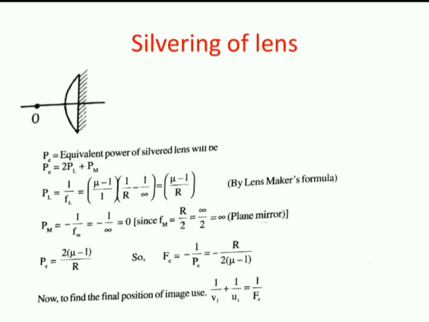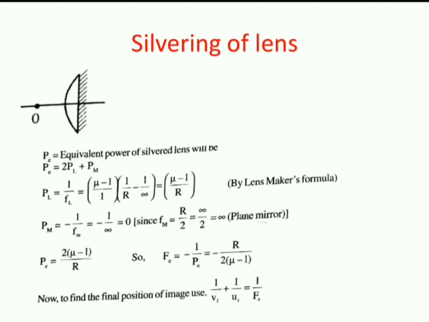So coming to silvering of lenses. When we are dealing with silvering of lenses, I have given you a plano-convex lens. The plane surface is being silvered. We know a light ray, when it is passing through this system, will undergo 3 phenomena. First it passes through a lens, followed by a plane mirror, then again emerges from the lens. So there are two refractions and one reflection which are going to take place. Since we have two refractions and one reflection, the total power will be 2 times the power of lens plus